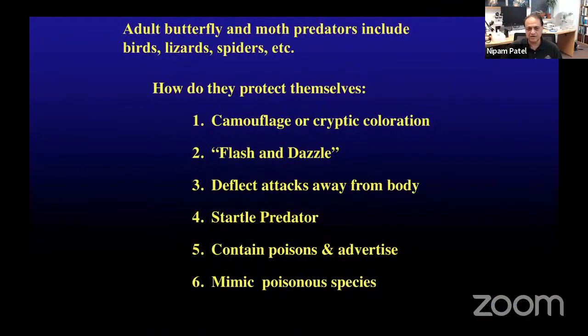So just a little bit, we know that these patterns and colors on the wing serve quite a lot of different functions. So in addition to sexual selection, which often is at work in butterflies, there's a lot of functions such as camouflage or deflecting attacks away from vital parts of the body or advertising that the butterflies are unpalatable. A lot of different reasons that selection acts to give these colors and patterns to butterfly wings. But where do these colors come from?